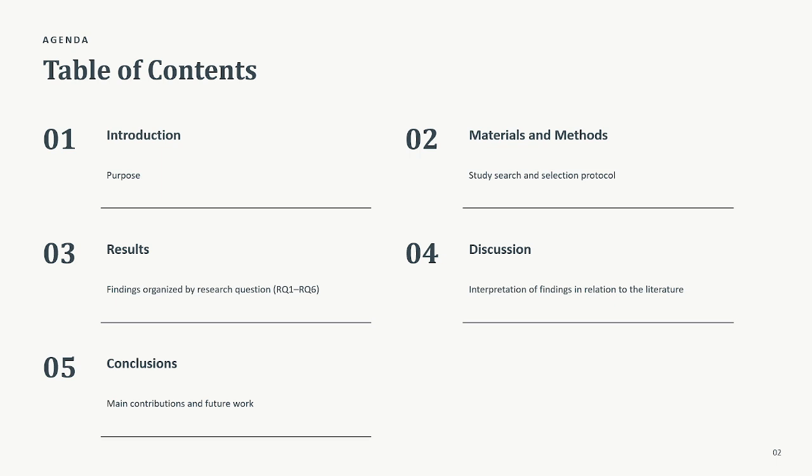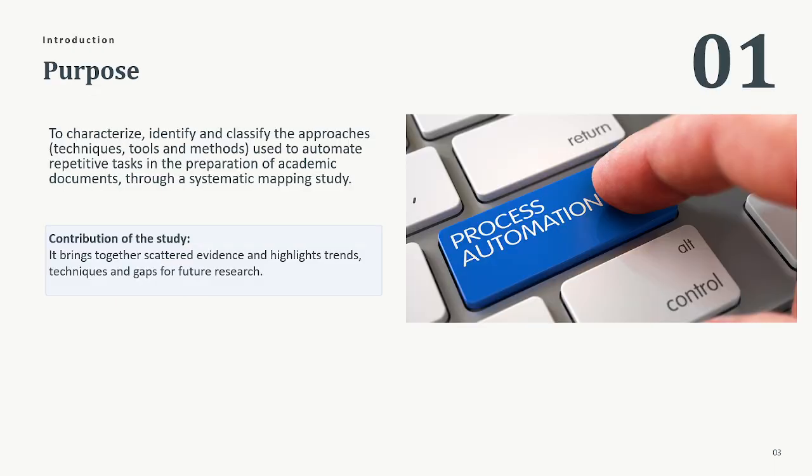and selection protocol, Results, organised by research question, Discussion, interpreting the findings, and Conclusions, summarising our contributions and directions for future work. The purpose of this study is to characterise, identify and classify the approaches used to automate repetitive tasks in academic document preparation through a systematic mapping methodology. Its key contribution is bringing together scattered evidence from the literature to highlight current trends, dominant techniques and research gaps